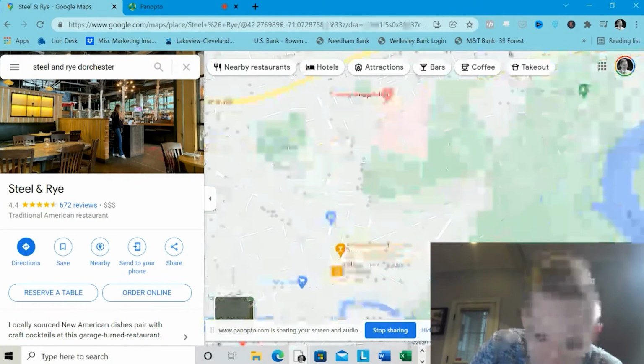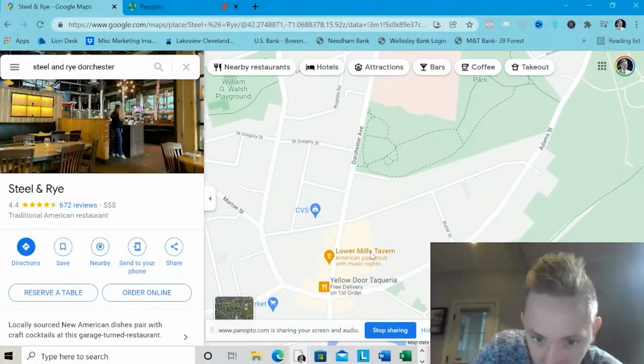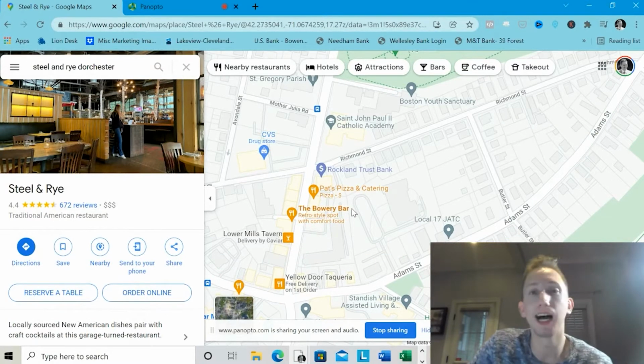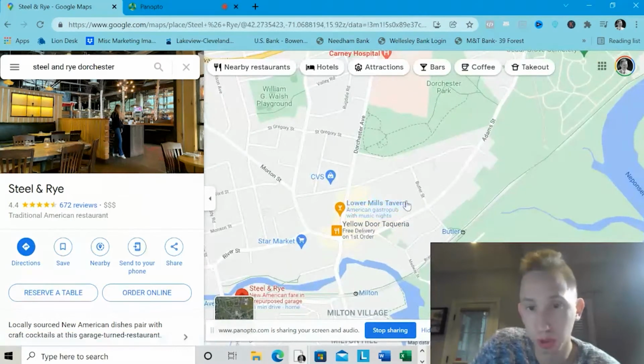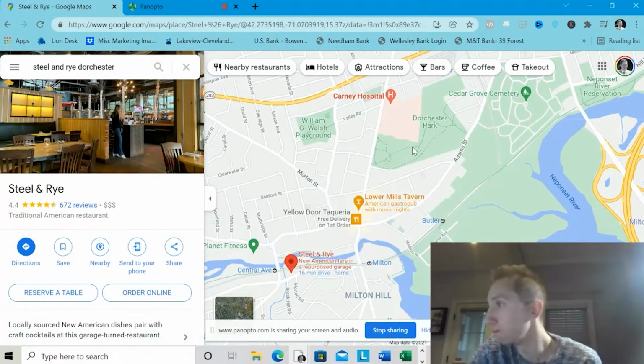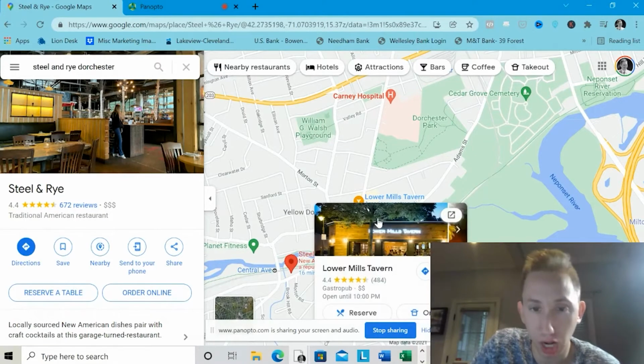So right here, this little central district, you'll see a couple of commercial spots. Bowery Bar. So this is kind of where I would say you do have a fair amount of restaurants and bars, which is really cool. Now, in terms of other convenience,